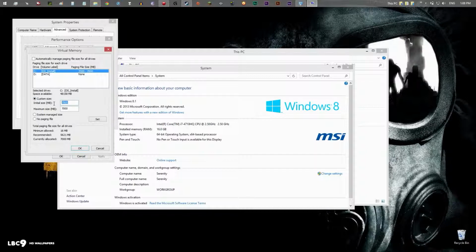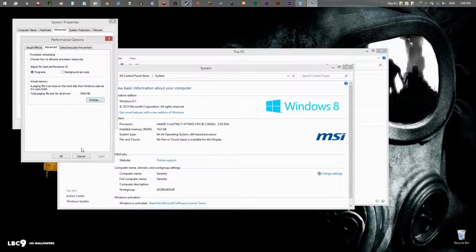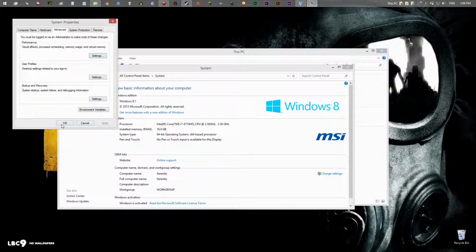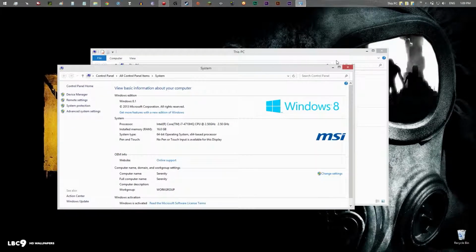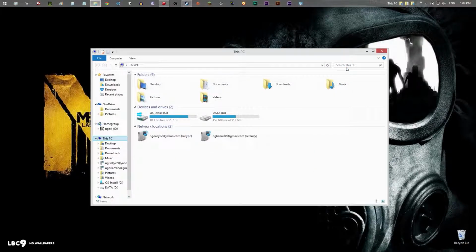We're going to type that in. I've already typed it in here. So initial size, we're going to have 7,000, and then maximum size, we're going to have another 7,000 as the megabytes. Okay? Then hit Set over here, and then click OK. All right, so this part, we are all set. Next, what we're going to do is go into our